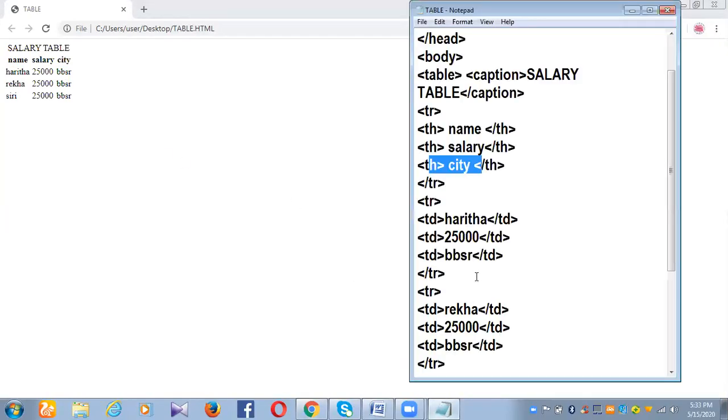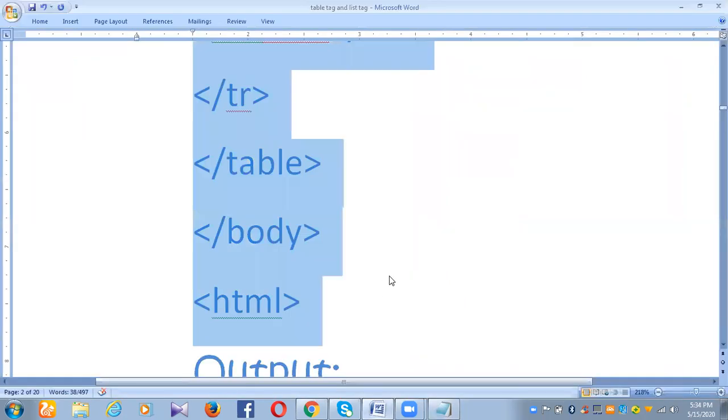Then we have given the table data, Harita under the name, 25,000 under the salary, and BBSR under the city. So this is how the data will be displayed in a tabular form when you make use of this table tag.